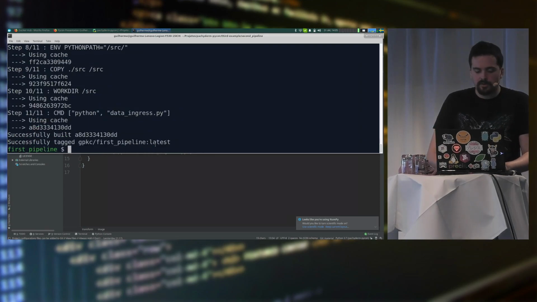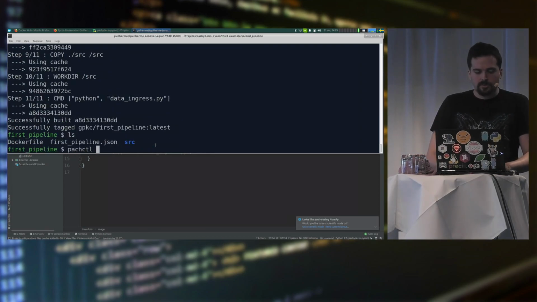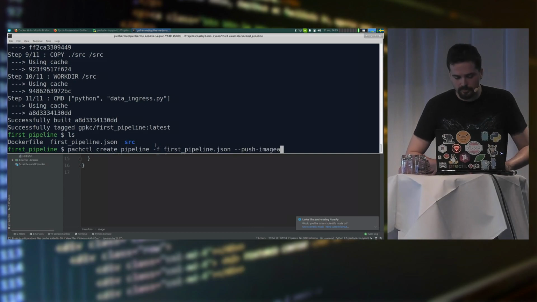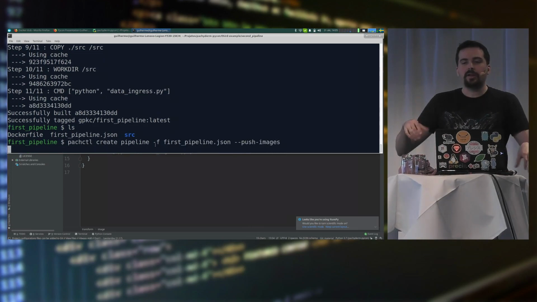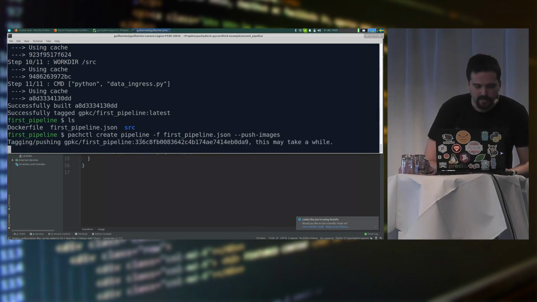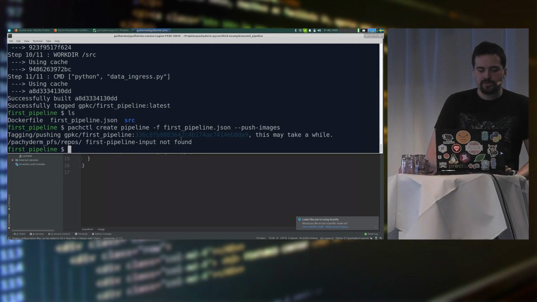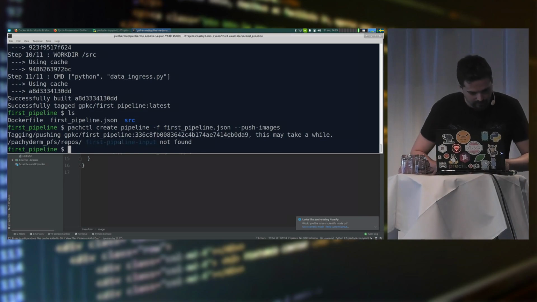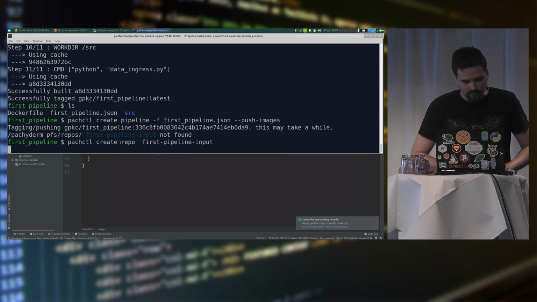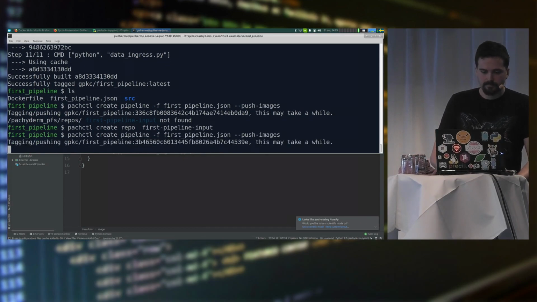Then you can do pachctl create pipeline with push images, and this is going to automatically re-tag your image, creating a new tag and pushing it to the Docker registry.